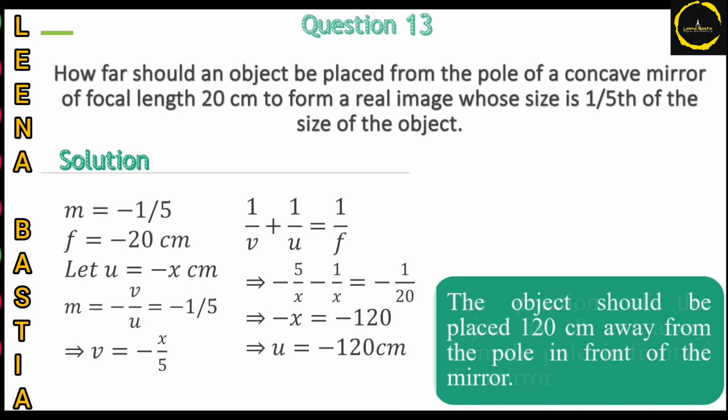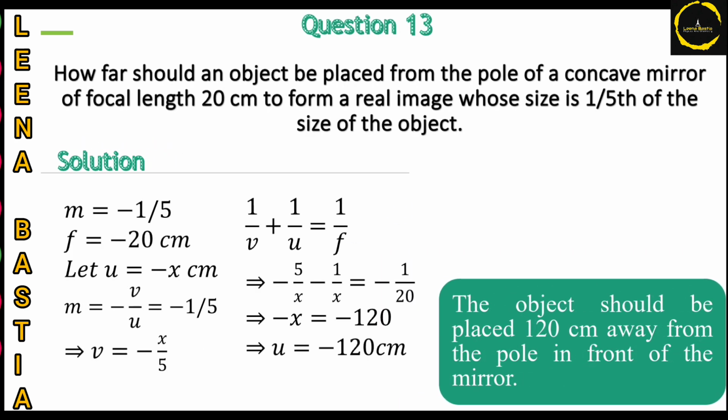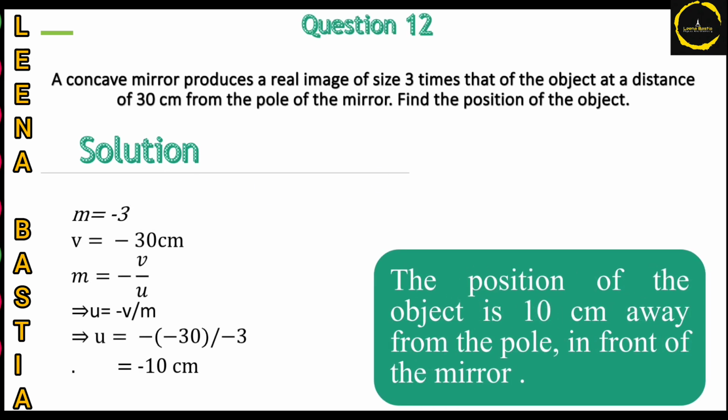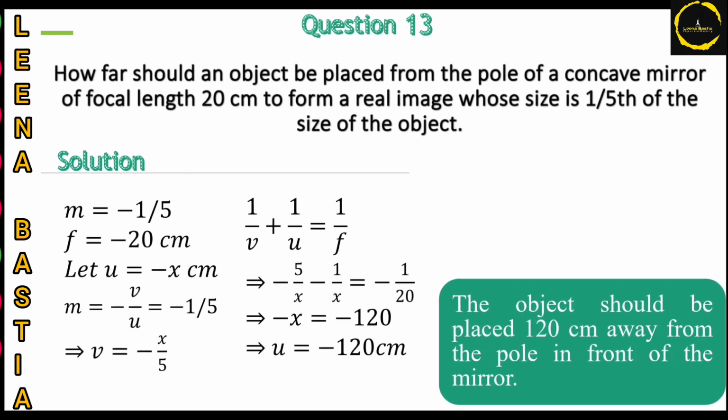Children, let us move to the next question, that is question number 13. How far should an object be placed from the pole of a concave mirror of focal length 20 centimeter to form a real image whose size is 1/5 of the size of the object? Now here again the real image size and object size are compared,